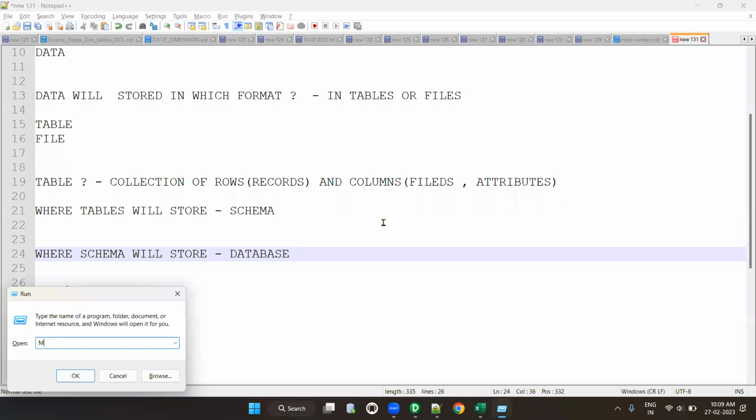Table 1, table 2. What happened to this? One second. Let me close and open. One second, please. Yeah. So I have table 1, table 2, table 3, table 4, table